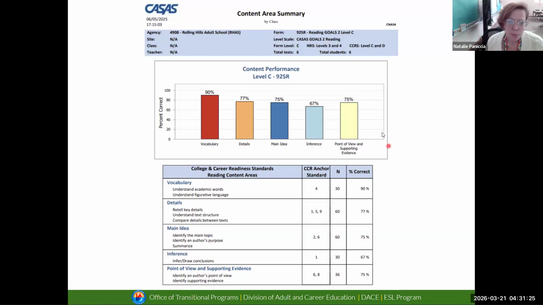For example, you might have 20% of students with correct answers for, just as an example, point of view, but there are only 2 point of view questions. So you want to make sure you're weighing both of those things, how they're performing and how many questions there are. If that makes sense.